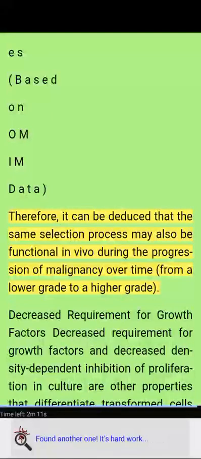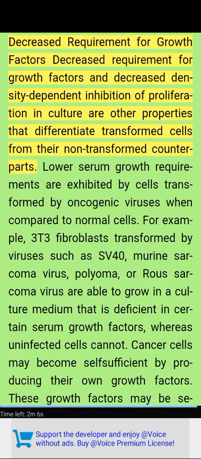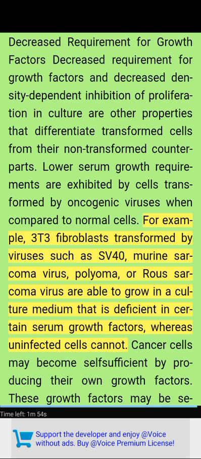Therefore, it can be deduced that the same selection process may also be functional in vivo during the progression of malignancy over time, from a lower grade to a higher grade. Decreased requirement for growth factors and decreased density-dependent inhibition of proliferation in culture are among the properties that differentiate transformed cells from their non-transformed counterparts. Lower serum growth requirements are exhibited by cells transformed by oncogenic viruses when compared to normal cells. For example, 3T3 fibroblasts transformed by viruses such as SV40, murine sarcoma virus, polyoma, or Rous sarcoma virus are able to grow in a culture medium that is deficient